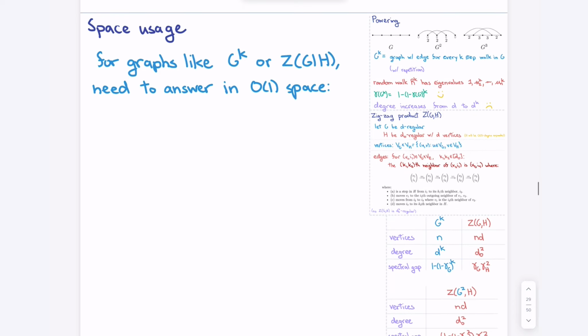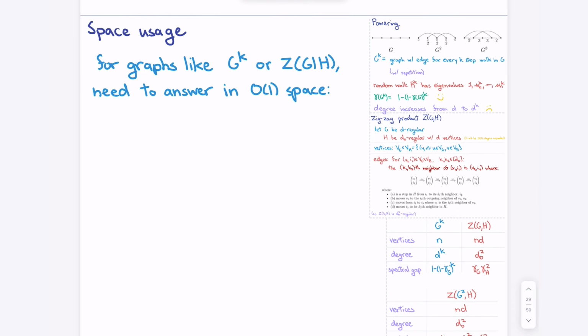So that's just plugging in some numbers. This seems like sort of an involved construction. You can imagine taking G, taking H, and just building out this entire graph. But the obvious problem is that this is going to take a lot of space, and we wanted to do something that took log n space overall. So you can't build out the whole graph. We need to be able to navigate things implicitly. At the end of the day, I just want to be able to simulate a random walk in this graph, so I really just need to be able to answer questions like,